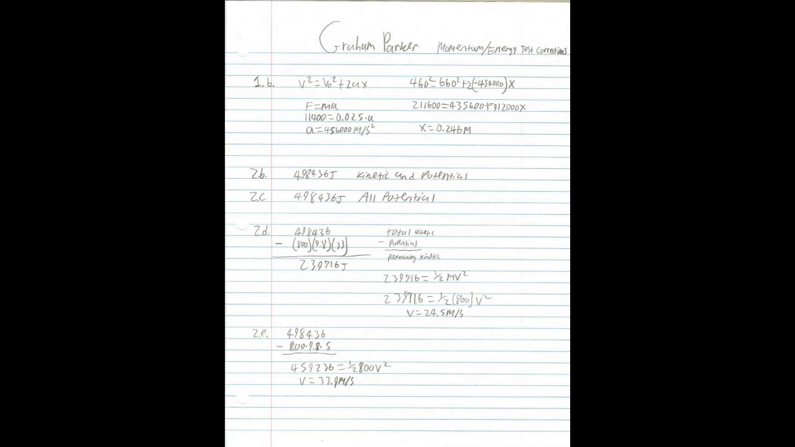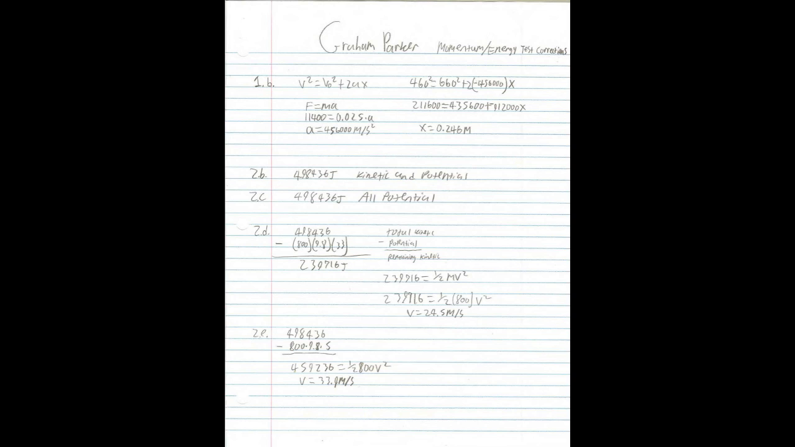So to find the width, you use the kinematic equation v squared equals v naught squared plus 2ax to solve for x. But you don't have a, so to find a, you use F equals ma since you have the force and the mass. And then you get that a and plug it into the equation, and you get x